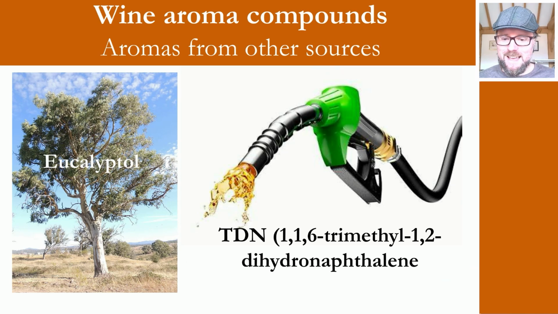There's a couple of others here as well to mention. Eucalyptol, which can be volatilized from eucalyptus trees by heat, and it's absorbed by the bloomy, waxy layer on top of the skins, and then, of course, added into the wine through the process of crushing and pressing and fermenting. And then also, there is the famous petrol or kerosene smell in Riesling. This is known as TDN,